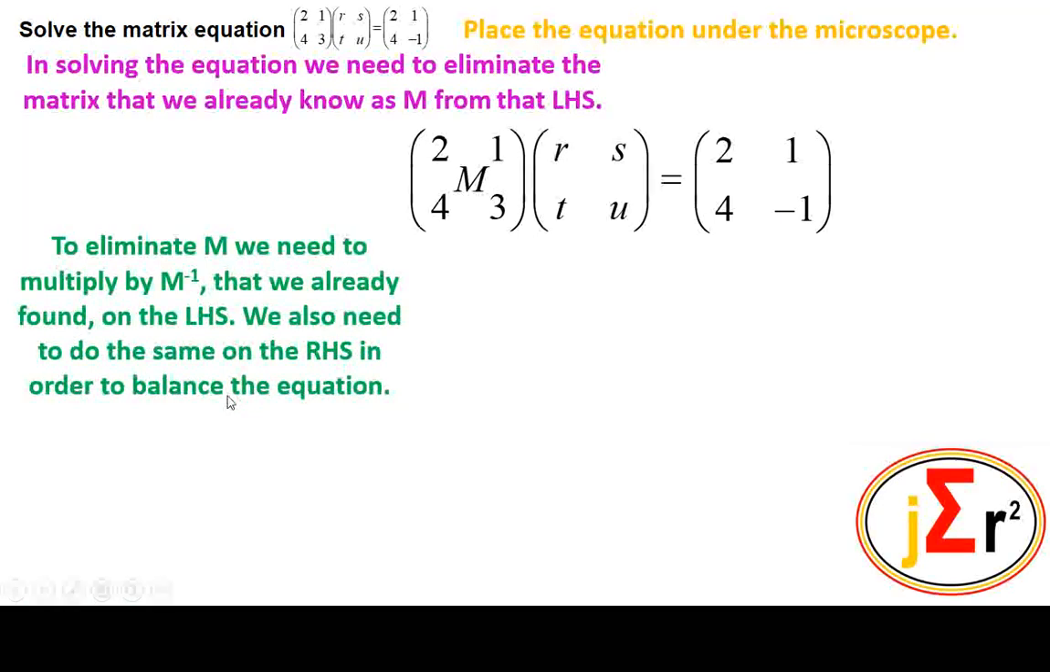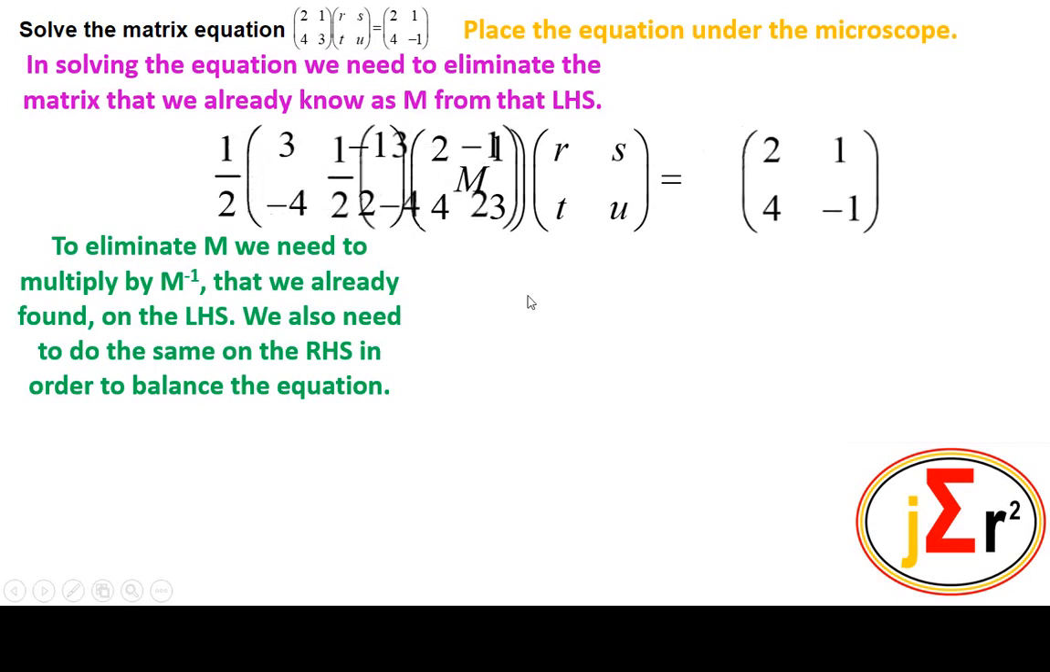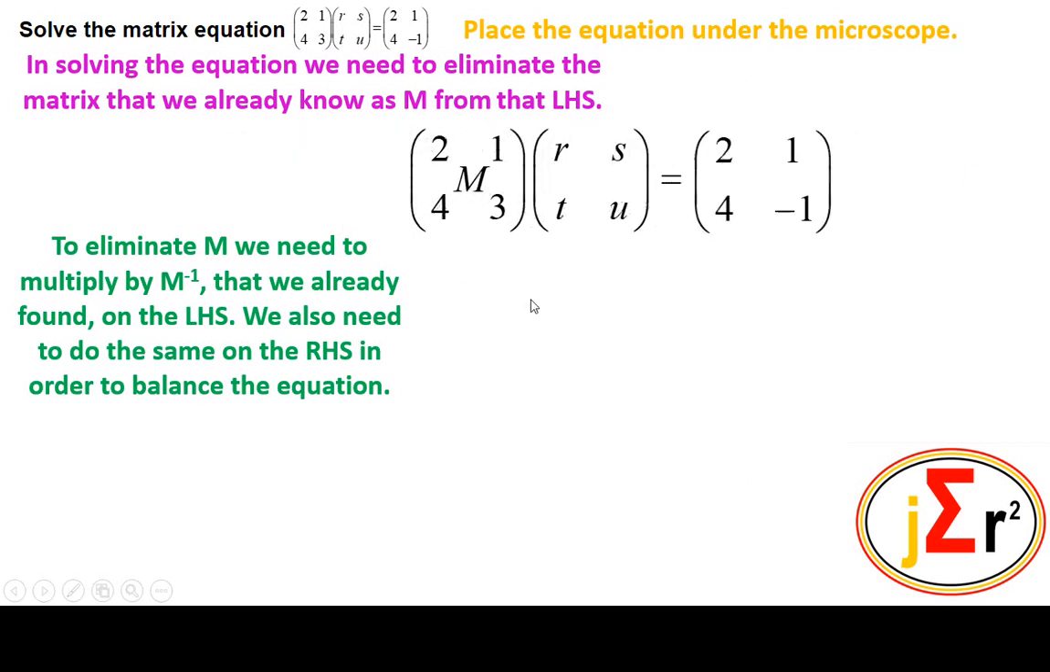To eliminate M, we need to multiply by M inverse, which is of course the inverse of M, that we already found. We need to eliminate it from the left-hand side, and we already found M inverse that we will use to eliminate this matrix M. We will multiply by the inverse of this matrix